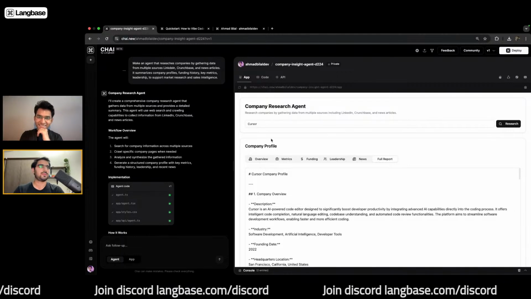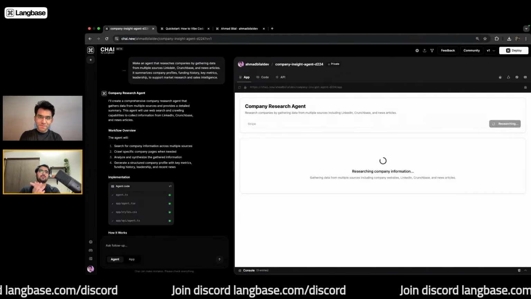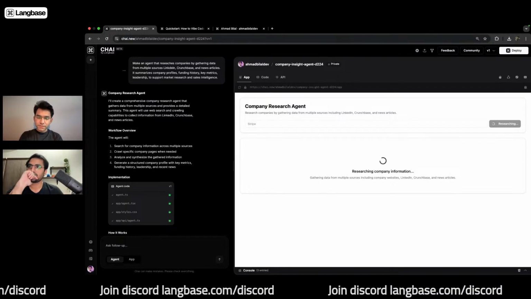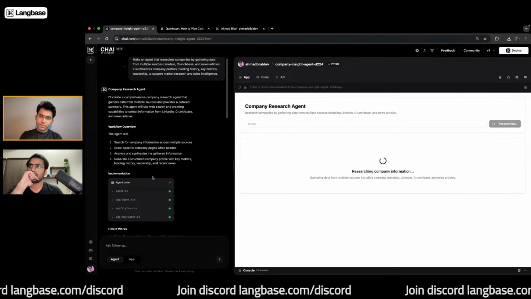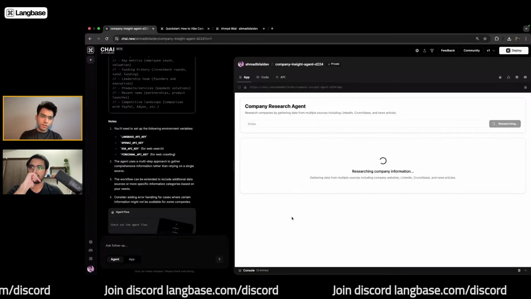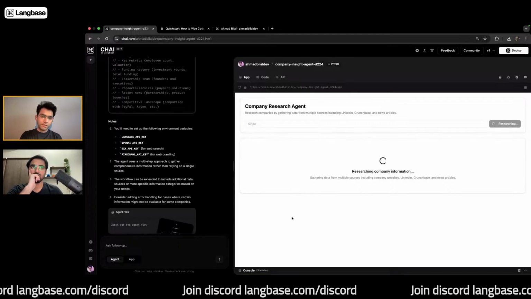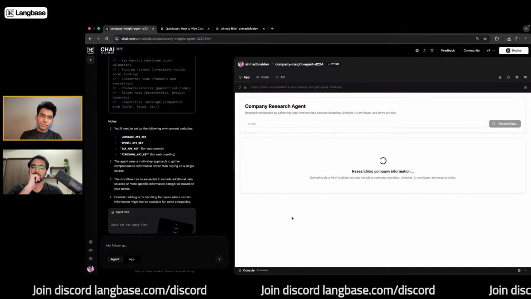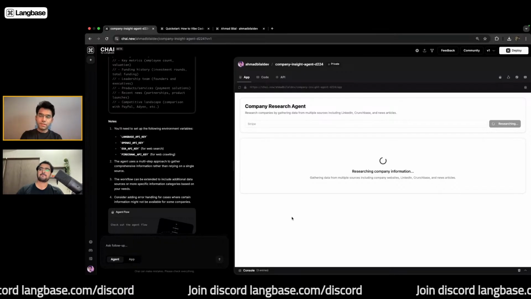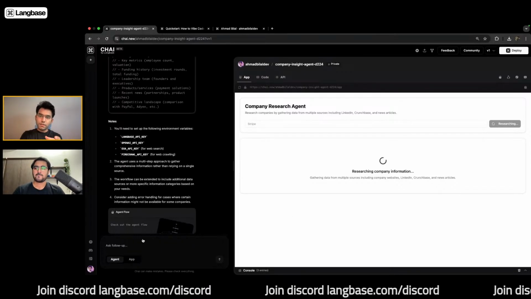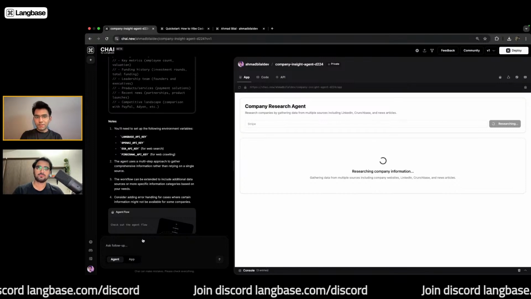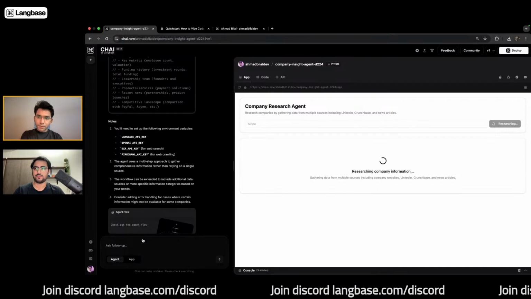Like Stripe, maybe. All right. Again, I think behind the scenes it's doing the same things. It's doing a web search to find all the relevant information about this company. Then it's going to do a crawl to visit the Stripe website to get more information. Then I think it's going to use some LLM inside the workflow to generate a report using all the data that it has collected, right? Yeah.